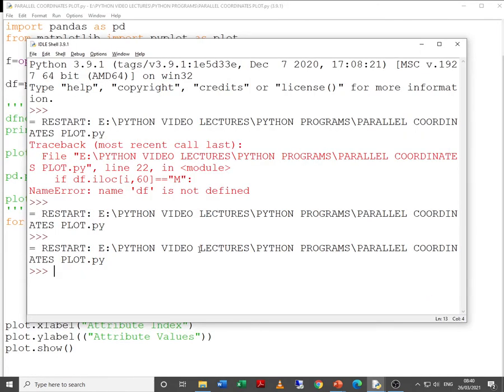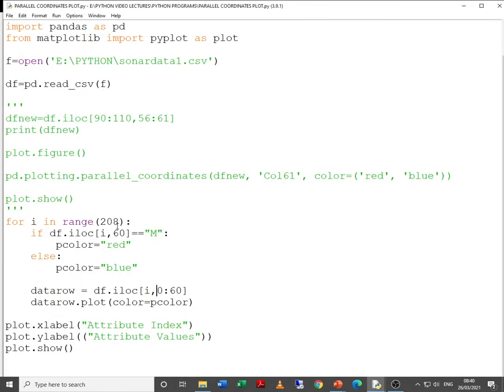Let us try to make some change, in the sense for you to understand the parallel coordinates plot. Let me give 92, 102, and let me give over here 57 to 60. Now let us try to draw the graph.